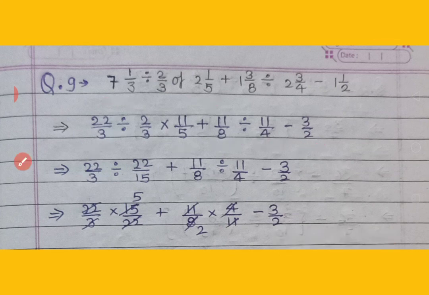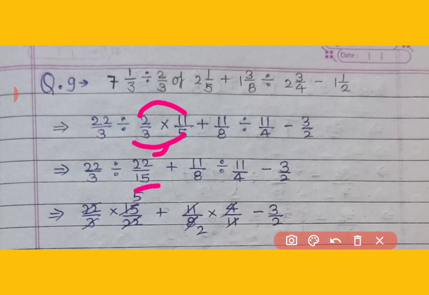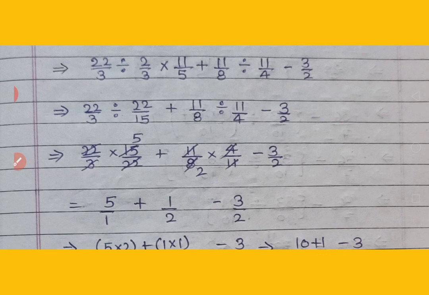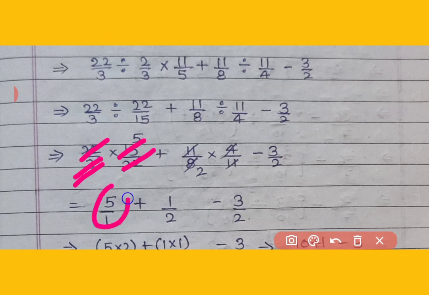Now, firstly we will multiply it because "of" became changed into multiplication, and 2 by 3 times 11 by 5 gives 22 upon 15, so 11 multiplied with 2 became 22, 3 multiplied with 5 became 15. As you know that in fractions, the number on the right side of the division sign will be reciprocal. So 22 by 15 became reciprocal 15 by 22. So here 3 5s are 15, 3 divided into 15 is 5 times, and 22 divided by 22 is 1 time. So it remains 5 upon 1.